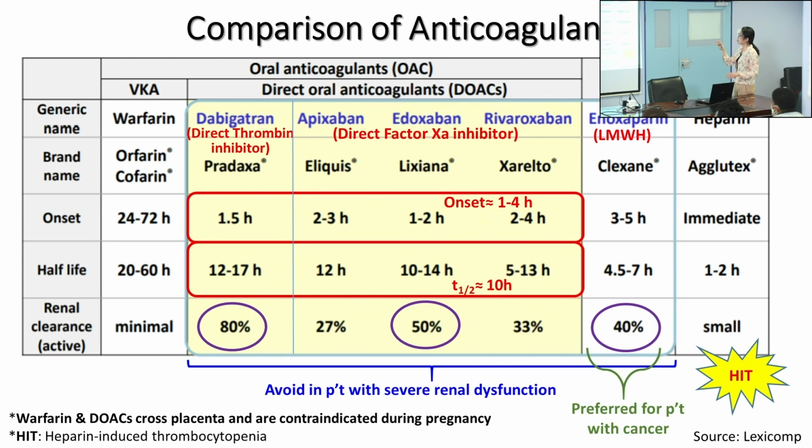For the direct oral anticoagulants, they have similar efficacy compared to warfarin. However, they have many other benefits. For example, they have a shorter half-life and quicker onset, so it will be easier for you to adjust the dose or monitor. You still have to monitor when you give the drug. However, because the half-life is shorter and onset is quicker, it will take less work for you to monitor. You don't have to monitor all that